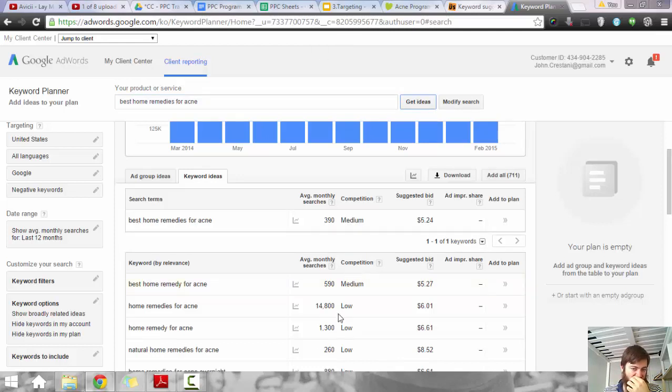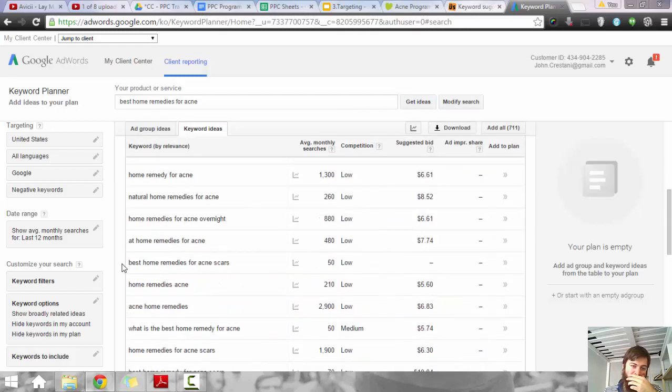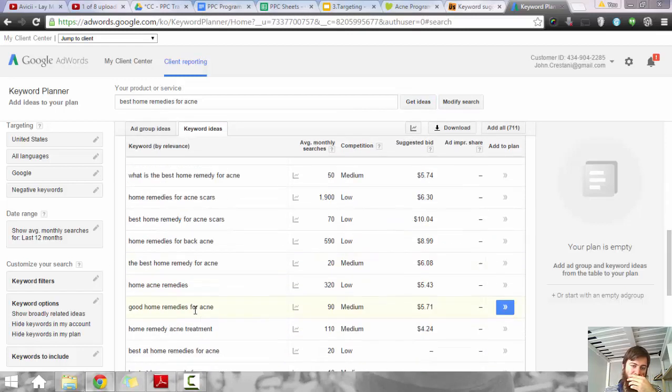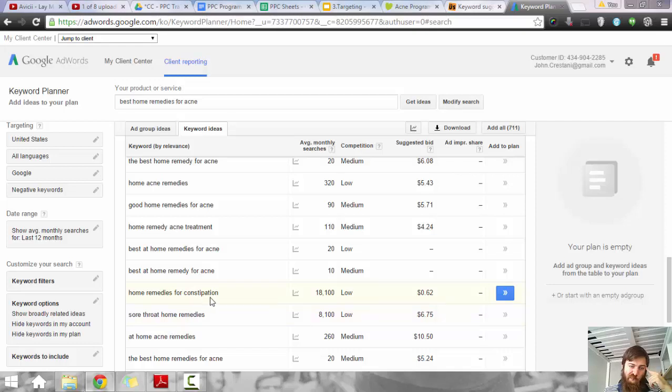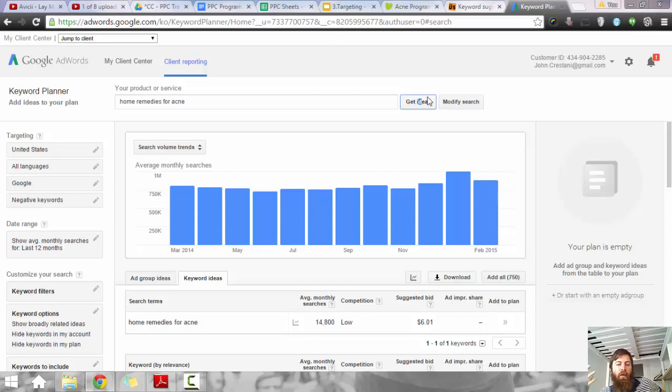Best home remedies for acne. Home remedy for acne. So, let's say I were a little bit of an aggressive business owner and I said I really want to go after home remedies for acne, because that's exactly what we help out with. Maybe her product, the Candida cleanse,